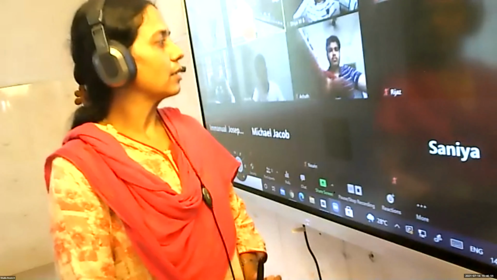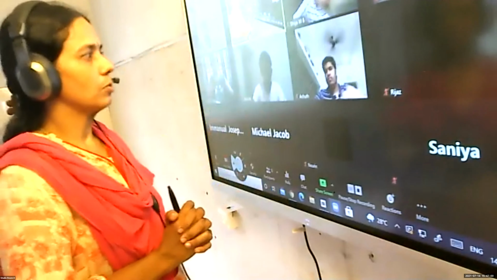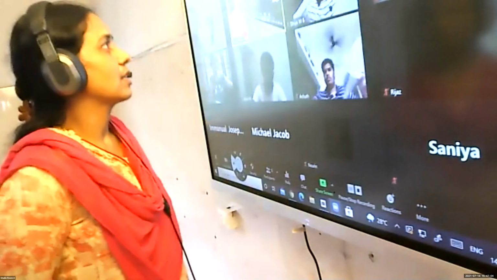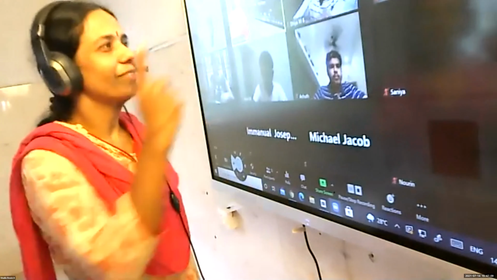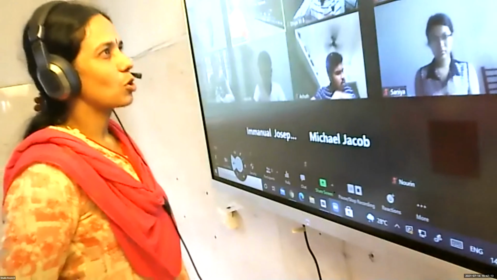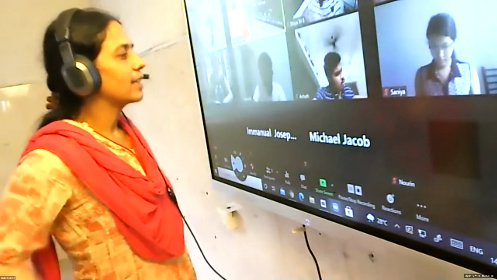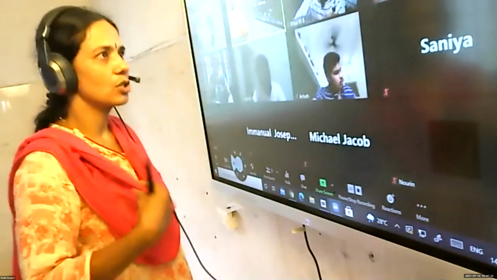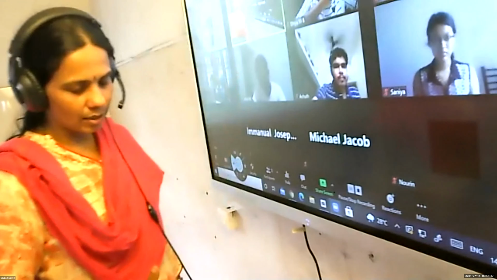Okay, those who have the textbook, take the textbook. Take the index page. I think in the first volume, that is the last chapter. When this chapter gets over, we are completing the first volume. But it's a lengthy chapter. It's not a small chapter, it's a lengthy chapter. Now take the index page. In the index page, take the applications of derivatives. In applications of derivatives, Achyut, please read out the topics there.